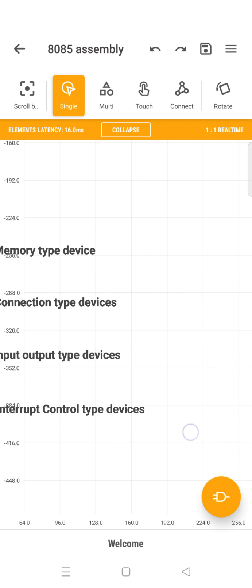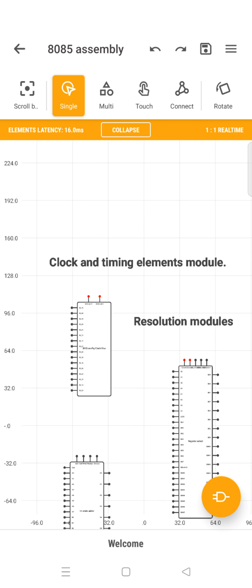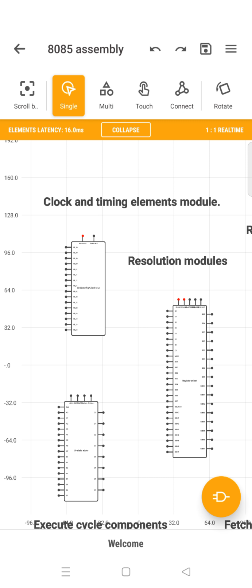So this is the basics of what a computer has inside. One is the clocking and timing elements, which will do all the clocking of how work should be done: what time it has to start the work, what time it has to finish the work. So this is the clocking circuitry. Then another one is the fetching circuitry. Depending on the clock that is given, it does the fetch.